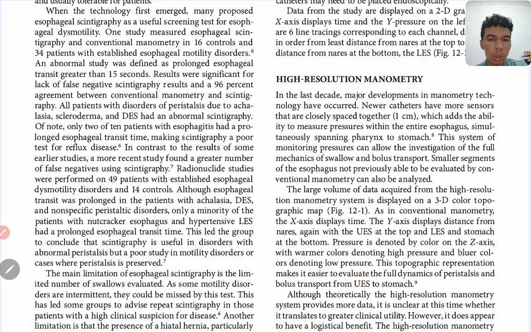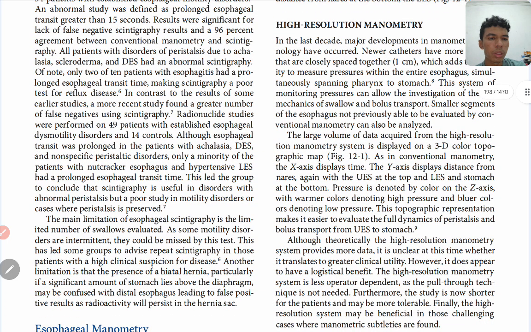As in conventional manometry, the x-axis displays time. The y-axis displays distance from the nares, and again with the UES at the top and the LES and stomach at the bottom. Pressure is denoted by color on the z-axis, with warmer colors denoting high pressure and bluer colors denoting low pressure. This topographic representation makes it easier to evaluate the full dynamics of peristalsis and bolus transport from